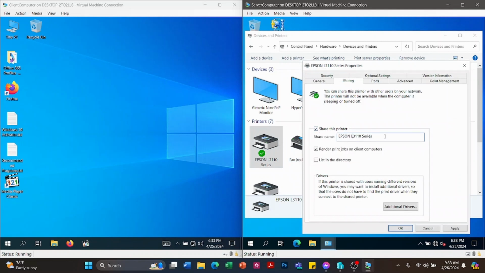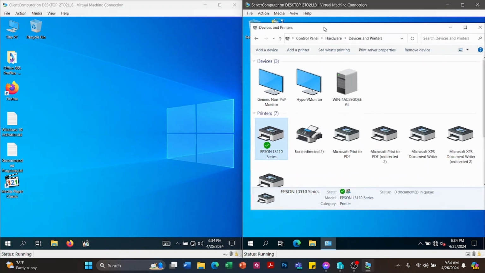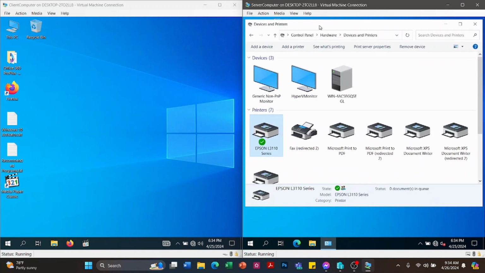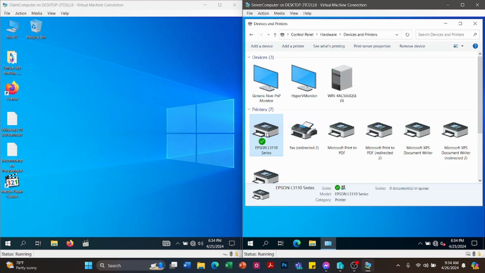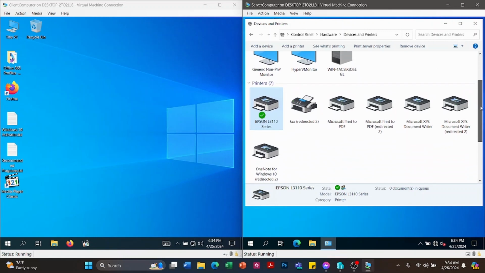So meaning the printer can now be shared within the network. So apply, then okay. So we already enabled the sharing of the Epson L3110, but we're going to specify the security group, or the group that can access the Epson L3110. So we're going to set the policy for the printer.